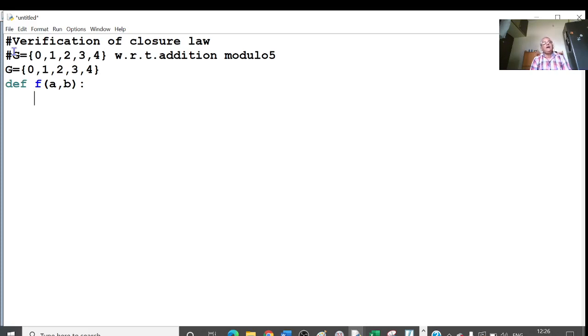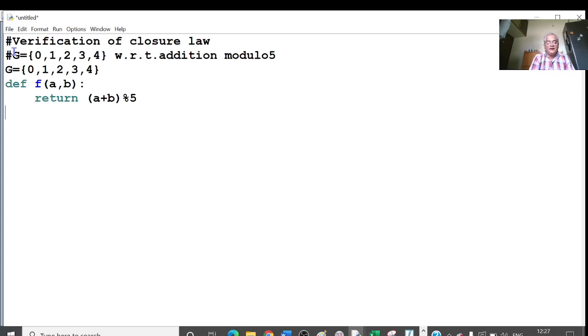A star B means the addition modulo 5, that is, the least non-negative remainder obtained when A plus B is divided by 5. So what I have to return here is A plus B in brackets, and to get the remainder, I write percent, dividing by 5. This is my definition.